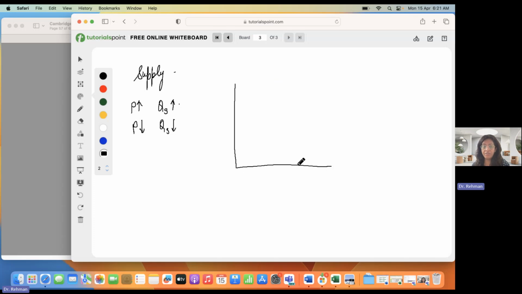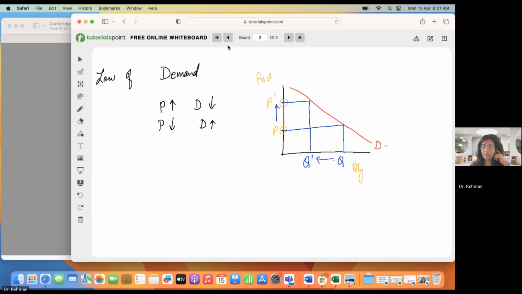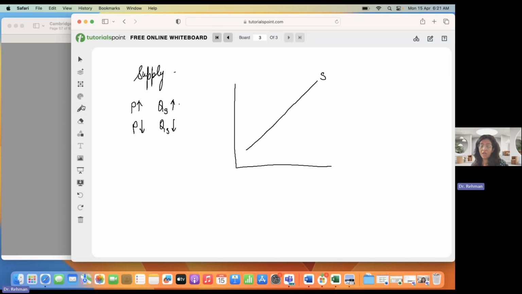If I have to put it in a graph, the supply curve will look like a positive graph like this. So this shape is called a negative graph and this shape is called a positive graph. Why positive? Well, because the relationship moves in the same direction. Do you see? This is same direction. So if my prices increase from P to P dash, the quantity supplied also increases, let us see, from Q to Q dash. Okay, so this relationship is called as the law of supply.